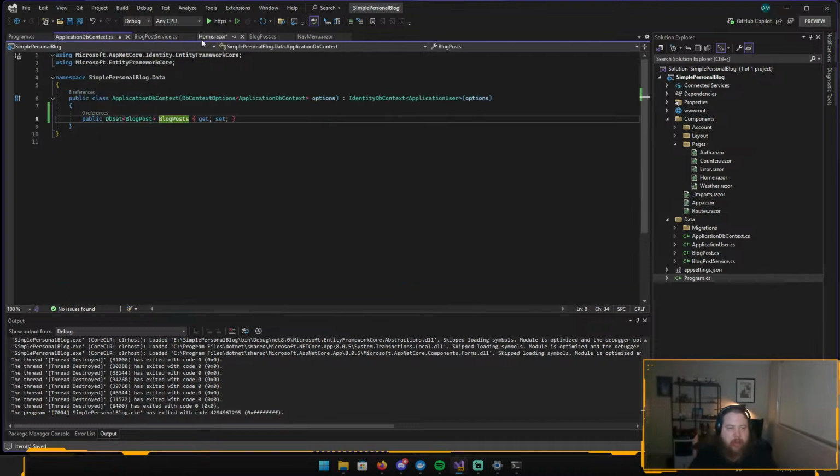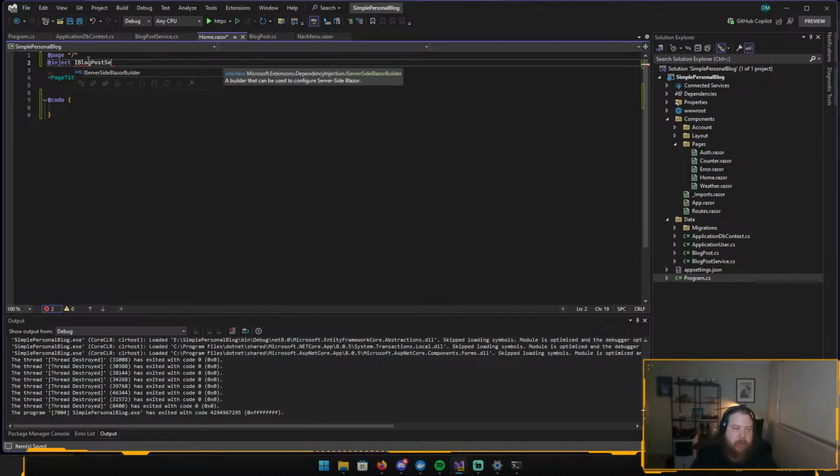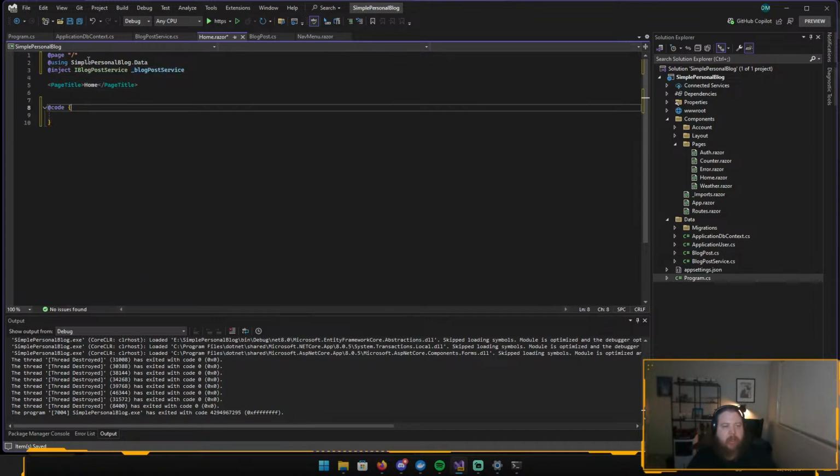So now when we come into here, we can actually inject blog post service, and we'll have to do a using here as well. So we inject that there, so that'll give us access to that interface, which then abstracts away the access